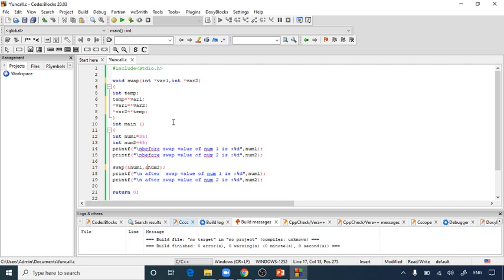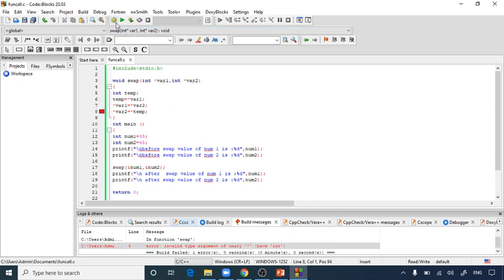Why have I made this program with the asterisk signs? Because the call by reference method passes arguments to a function by copying the address of that argument into the formal parameter. So inside the function, the address is used to access the actual argument. That's why we have used a pointer and an ampersand sign. To pass a value by reference, argument pointers are passed to the function just like any other value. So accordingly, you need to declare the function parameters as pointer type in the following function swap, which exchanges the values of two integer variables pointed to by their arguments. So this is the way we can call a function by the call by reference method.